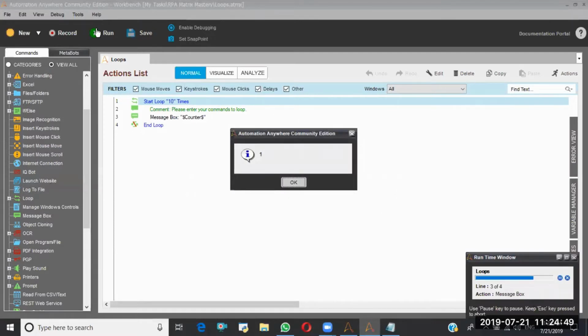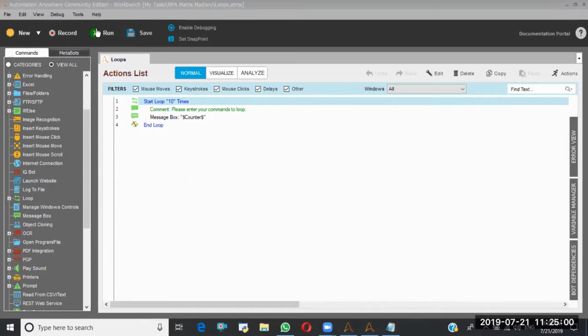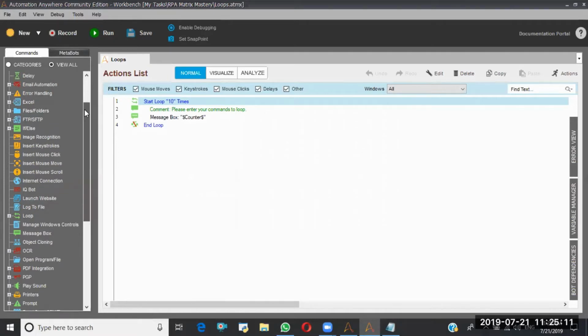See, this is the first iteration, that's the reason my counter value is 1. Next 2, 3, 4, 5, 6, 7, 8, 9, 10. Then your loop has been terminated as it successfully executed 10 iterations. In a failure scenario it will also be terminated, but in the middle. Suppose here it has to run 10 times. What is the failure scenario? So I'll say